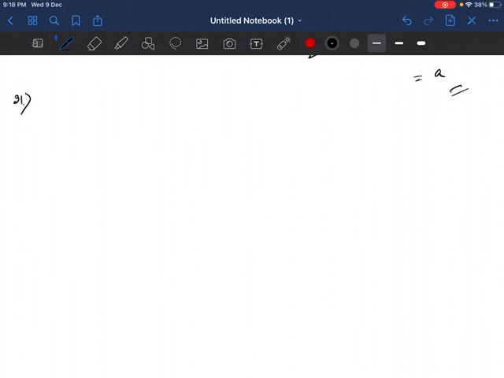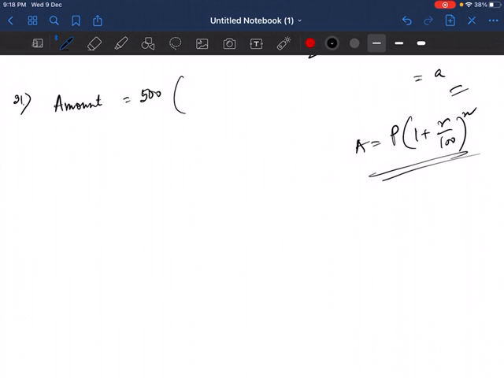The principal is given 500 rupees, the rate is given 10%, and the time is given 10 years. So what was the amount? So this one is just the compound interest formula. So amount is equal to 500 into, it was p into 1 plus r by 100 to the power n. This was the formula for amount by doing compound interest. So p into 1 plus, rate is how much? Rate is your 10 divided by 100 to the power 10. So that was the formula. So by this way you have to just find the value.